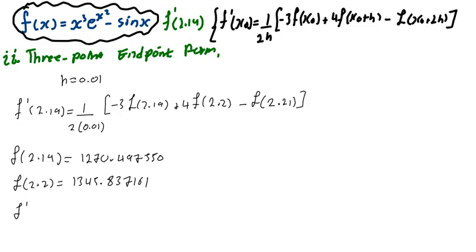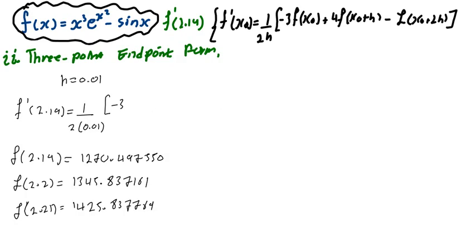Then what about the last one? f of 2.21 is just going to be equal to 1425.837769. As I said, I'm not rounding off these values, because I want to ensure that the answers I'm getting are accurate. Here it's just a matter of substituting. Here you just put